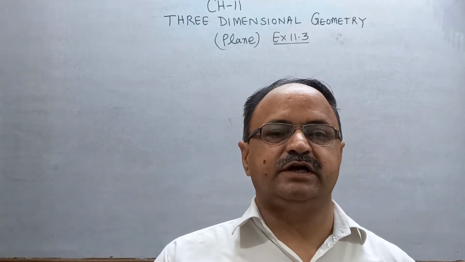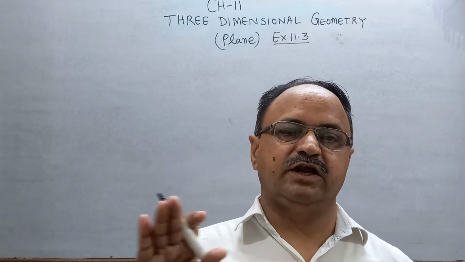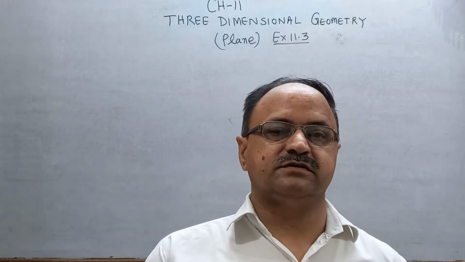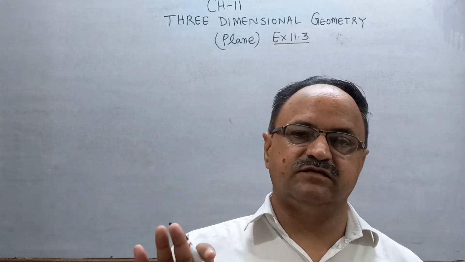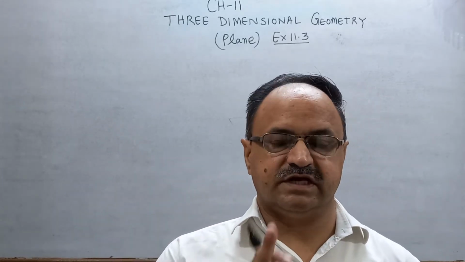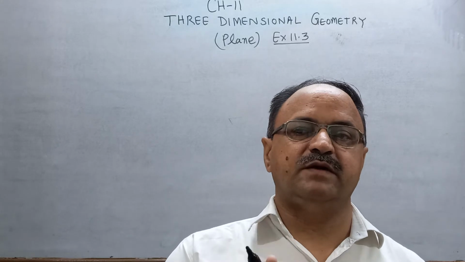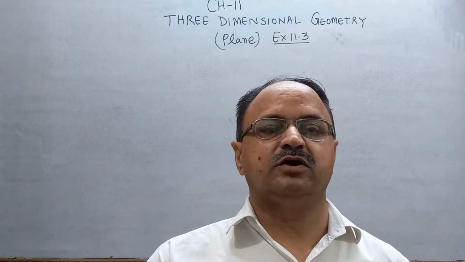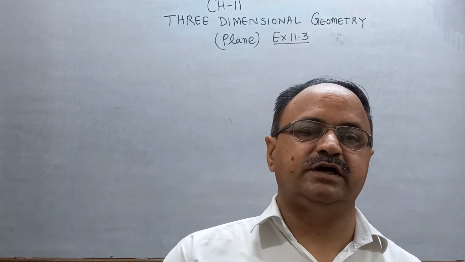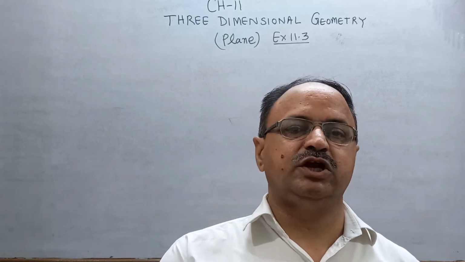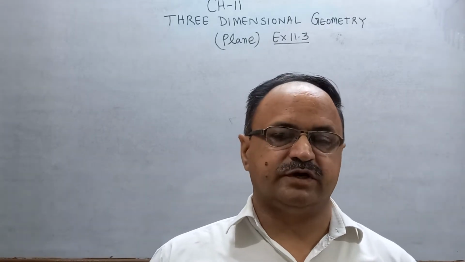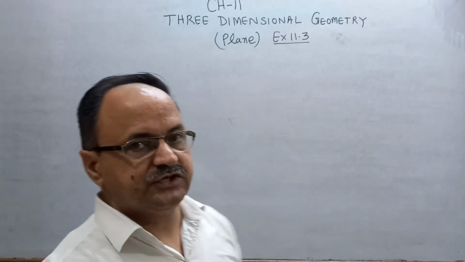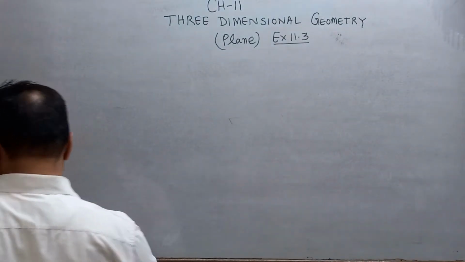कौन से हैं वो तीनों point? Number 1, equation of the plane in normal form. In this equation, the distance of the plane from the origin is given and the normal vector is given. Second point, equation of the plane passing through a given point and perpendicular to the given direction. And third point, equation of the plane passing through three non-collinear points. All three points are very important in the plane.